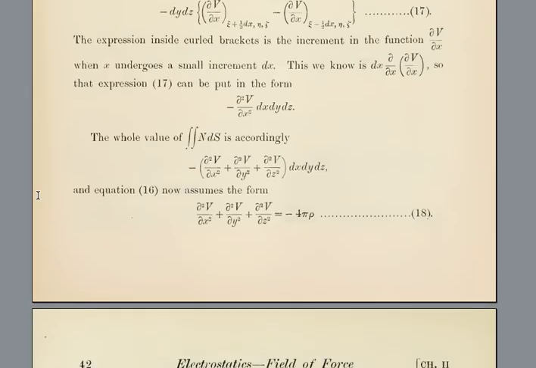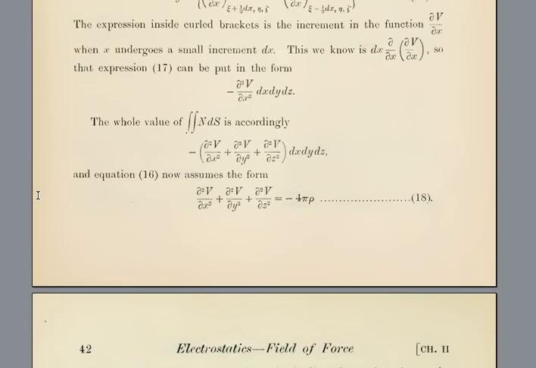The whole value of the integral of the normal component of the electric field over the surface dS is accordingly the partial derivative of the normal component with respect to x plus the partial derivative of the normal component with respect to y plus the partial derivative of the normal component with respect to z,